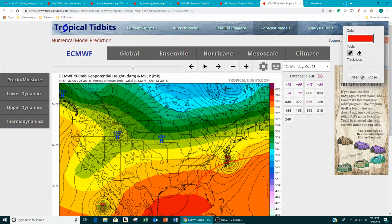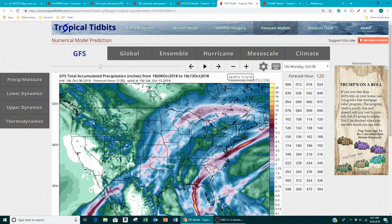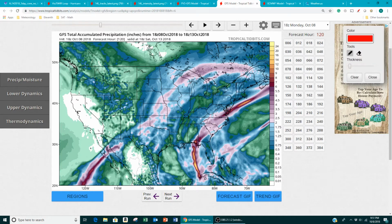And this will be very devastating for the coastal areas of North Carolina, because if you notice, as it's able to go back out to sea, close to land, it definitely re-intensifies. That would bring tropical storm, potentially hurricane force winds for North Carolina, or at least the coastal sections. Now going back to precipitation, the main flooding threat is going to be in the panhandle of Florida and then into Georgia, but also as this thing re-intensifies, southeastern Virginia and eastern North Carolina especially could see some pretty heavy rainfall totals. We're talking maybe 6 inches in isolated spots,